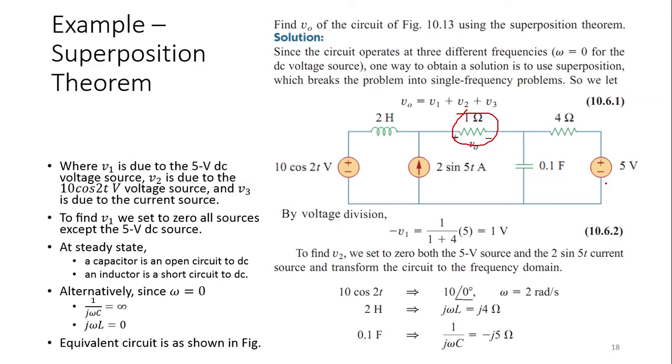And what is the basic principle? When we consider this voltage source, we need to open circuit this current source and short circuit this voltage source. When we are considering this current source, we will short circuit both these voltage sources. And we can then consider this 5 volt voltage source, and at that time we will open circuit this current source and short circuit this voltage source. In this way, we get the responses one by one, and by adding them in the end,